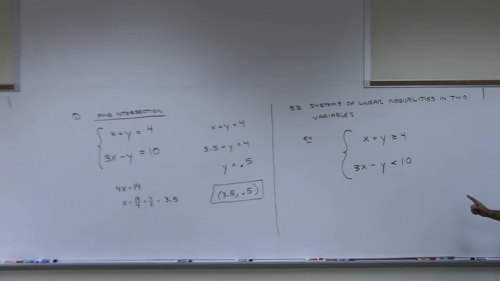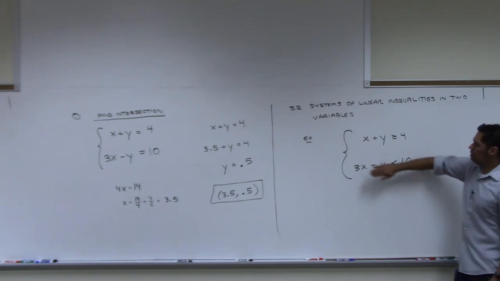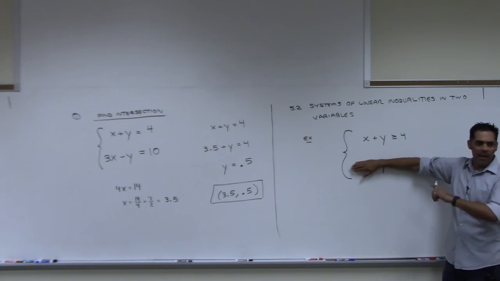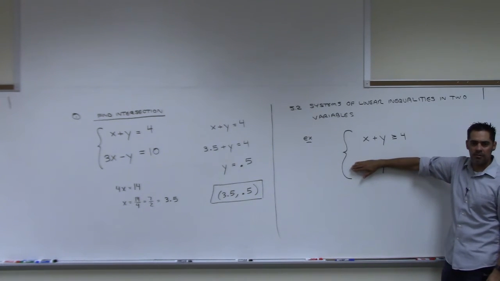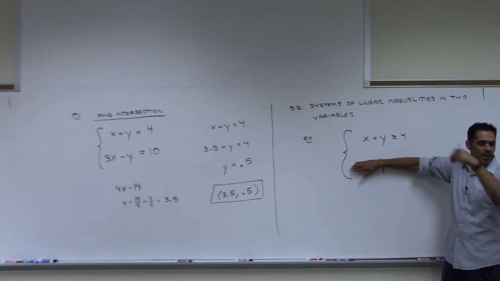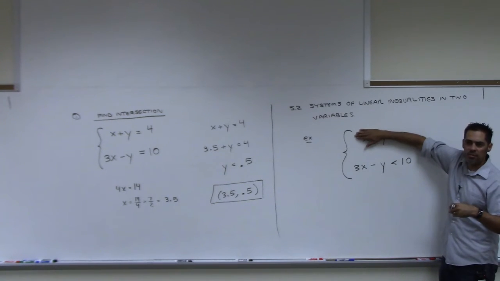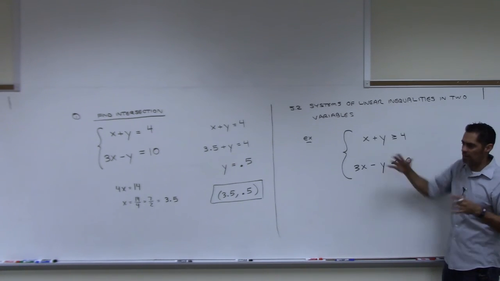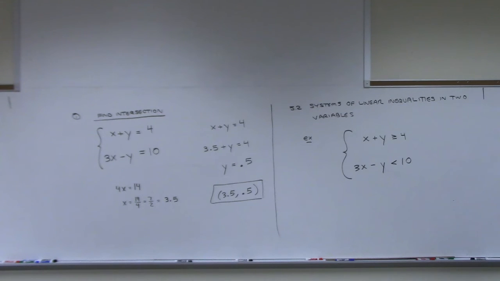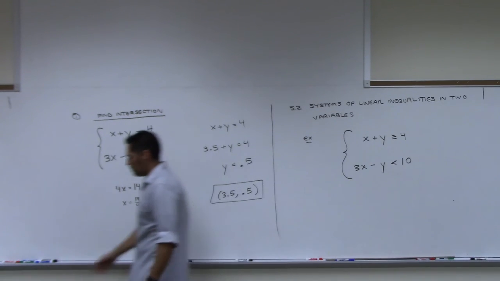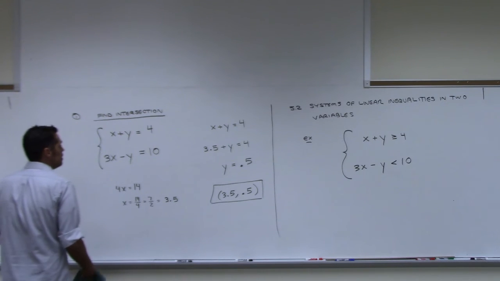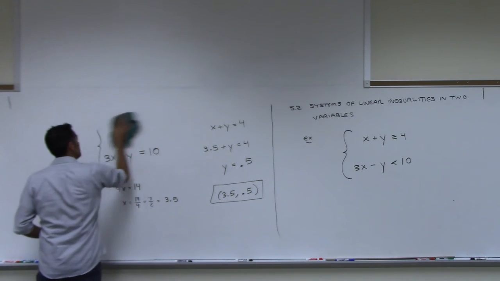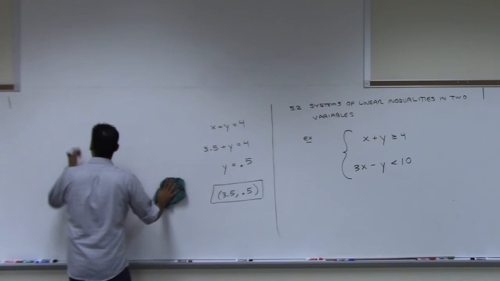Now, the second step is to work with just that one and do everything we just did in the previous examples. Turn it into an equation, right? Graph it, solid or dashed, shade above or below. Then move to this one. Same story. There's a lot of work, right? Okay, but that's what you have to do. All right, so in my next step, step 2, I guess we could say,